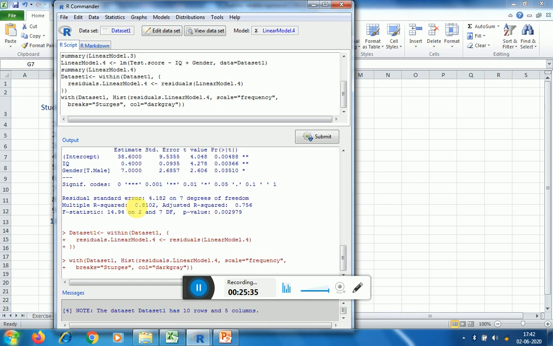Now here one more thing I would like to add, that here multiple r squared is 0.81. So this particular value is substantially high. In cross-sectional data, many a times it may also happen that you get this value comparatively on the lower side.